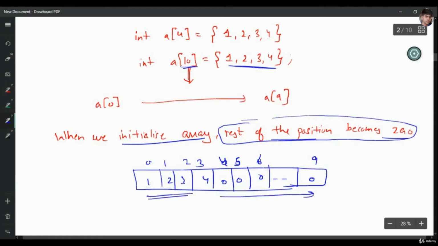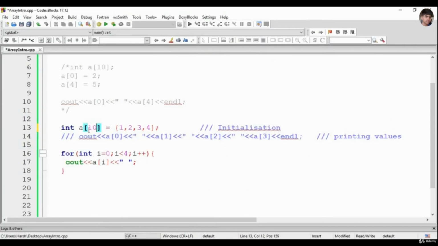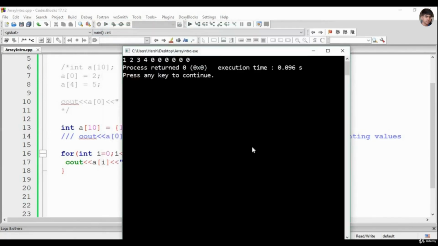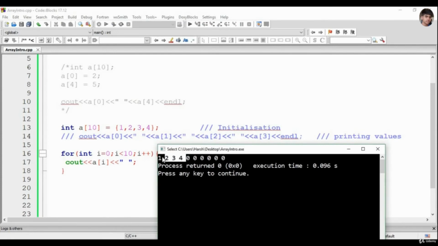So let us test it. We have made an array of size 10, and I have only given 4 values. Now let us print the array. So from i equals 0, i less than 10, i plus plus, cout a of i. So you can see here 1, 2, 3, 4, these values we have given, and the rest of the 6 values have become 0.